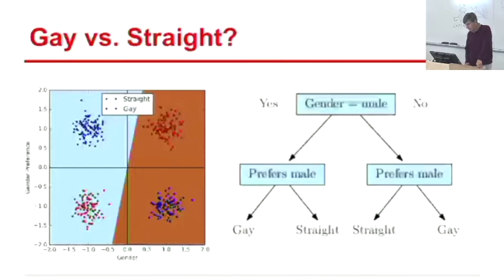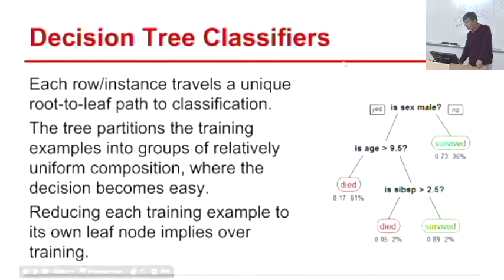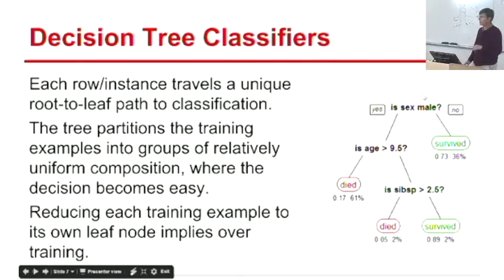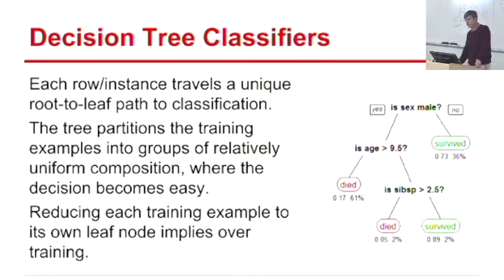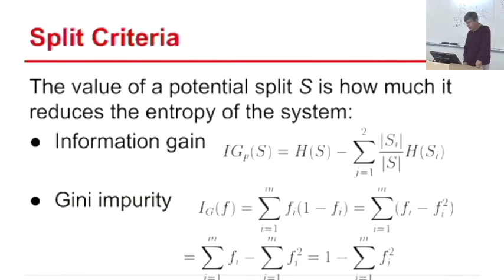Okay? You could imagine a world where, what would be a different tree if we had been looking at the Titanic example? Did I have the Titanic one? Maybe if we first looked at it according to, are the number of siblings greater than 2.5? Okay, if we checked according to siblings, maybe we found that people who didn't have any brothers or sisters were the ones that didn't make it. Okay, whether they were male, whether they were female. Does everybody see that if we had made this decision first, we would have ended up with a different logic? Okay? And again, the idea here is we can now build a